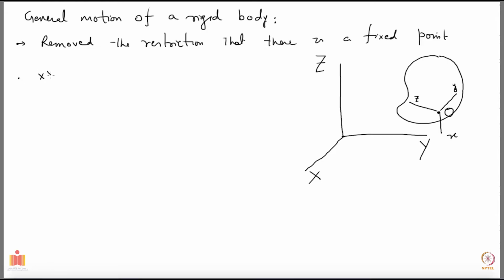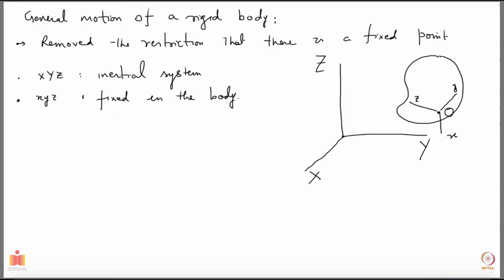First, I am going to emphasize that capital XYZ is an inertial system. Then your small xyz is of course non-inertial, and it is a system fixed in the body,